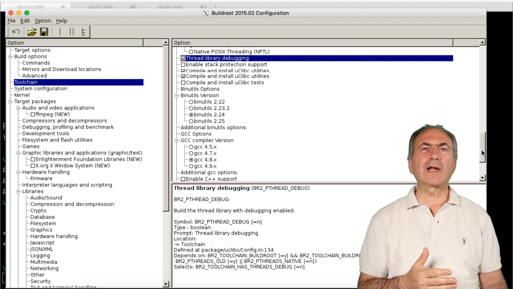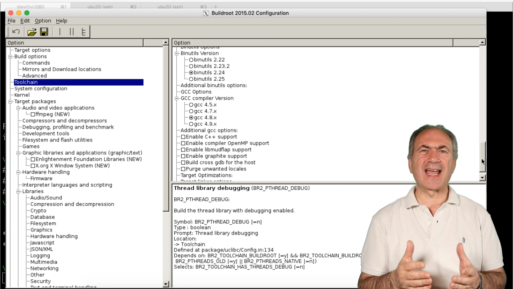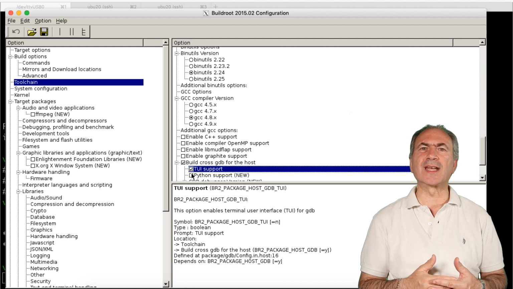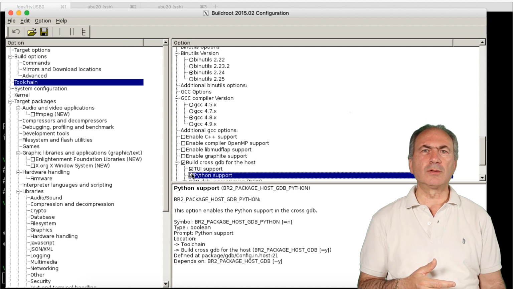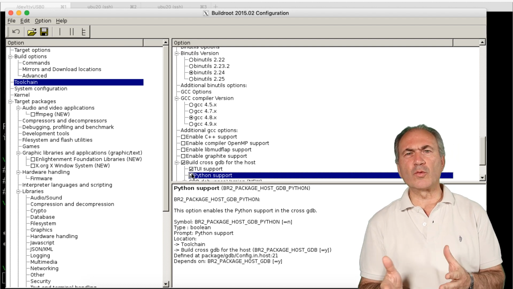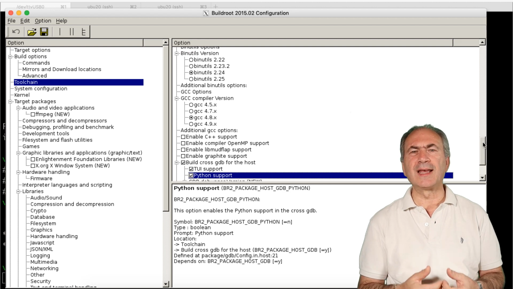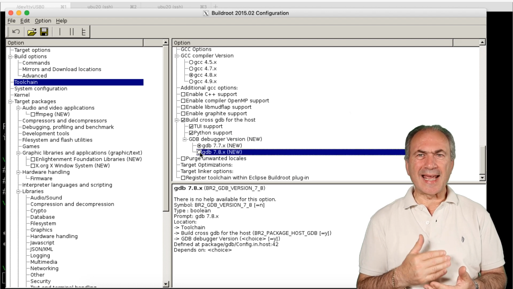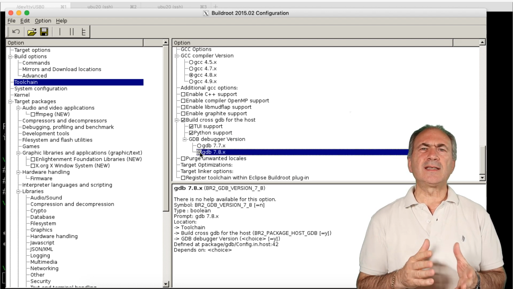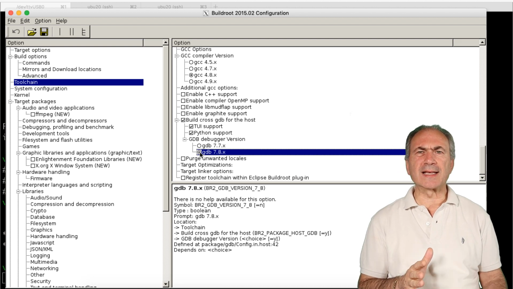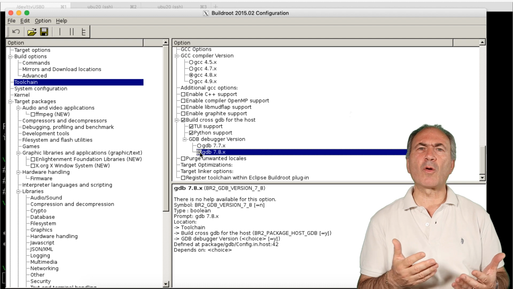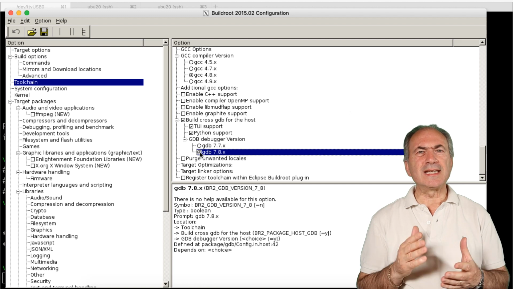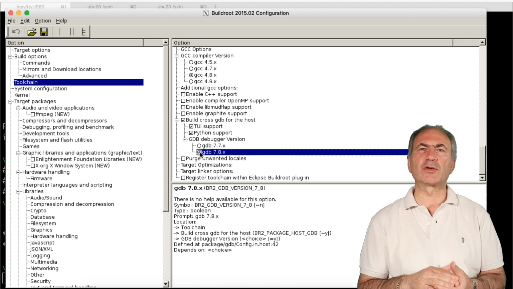In the target, we will run the GDB server, which is a minimal debugger that can be remotely controlled by the GNU debugger running on the host. We also enable the text user interface, a sort of GUI on the terminal, and also Python support. We select the latest GDB version available. It is important to note that sometimes modifying some options can produce compiling errors that can be more or less difficult to fix. For this reason, it is better to modify only the options we need.